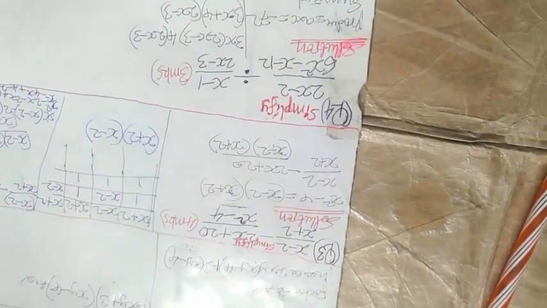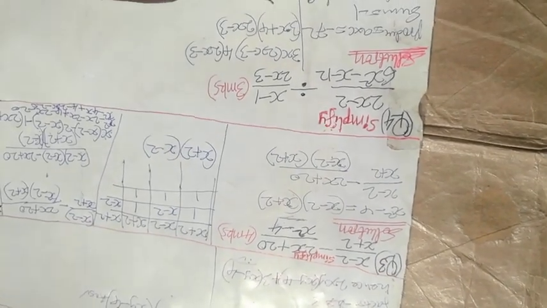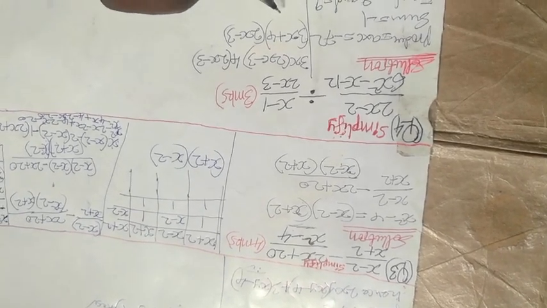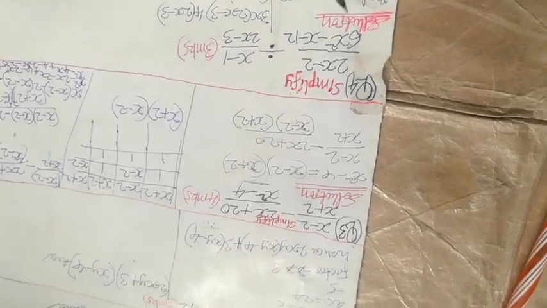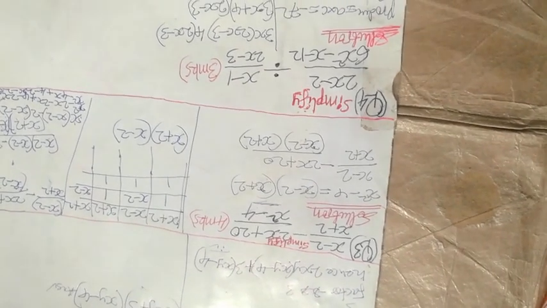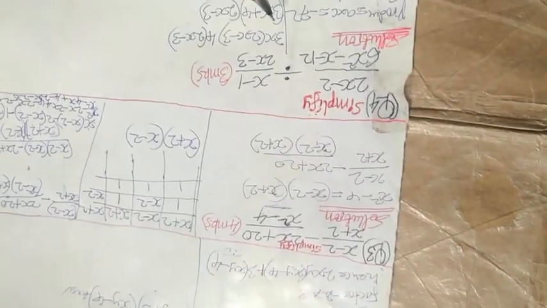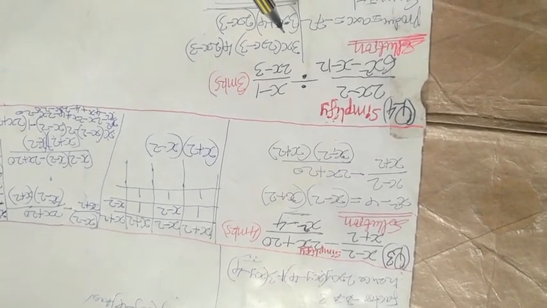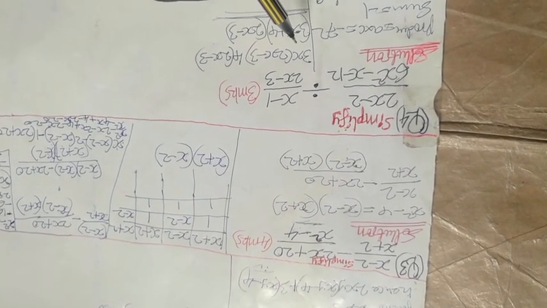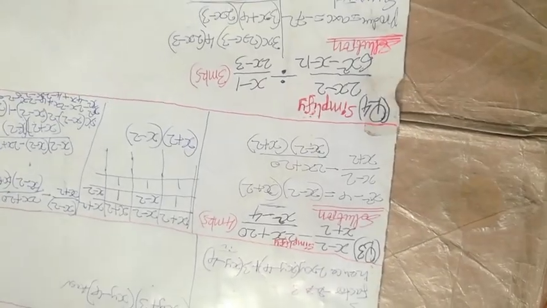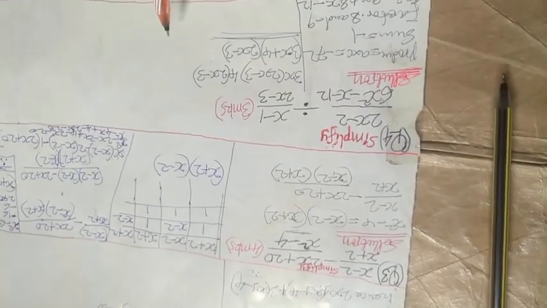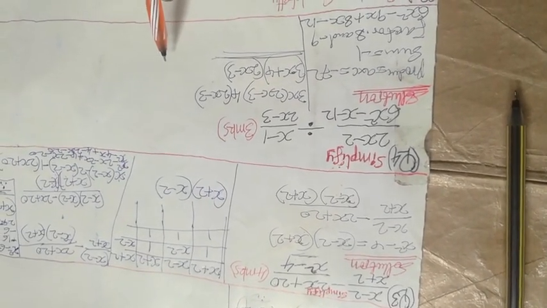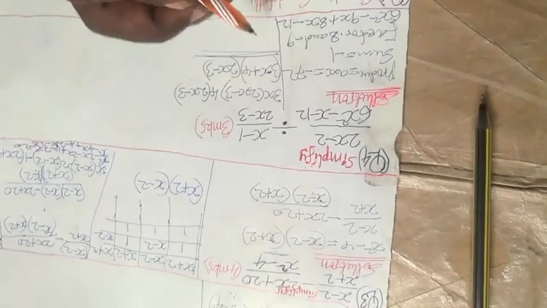Second, we are going to take the reciprocal of the second part. Now the first, we have solved this. Now we are going to look at the reciprocal of the second part of the question in line with the first part. The reciprocal of the second part of the question in line with the first part is, this will give us